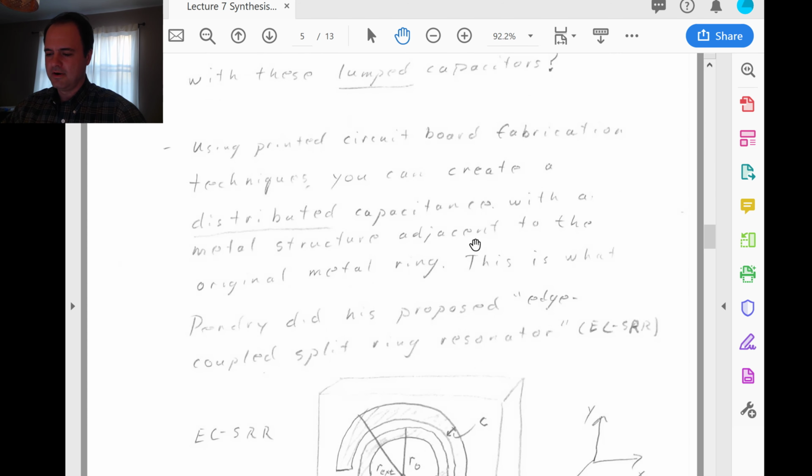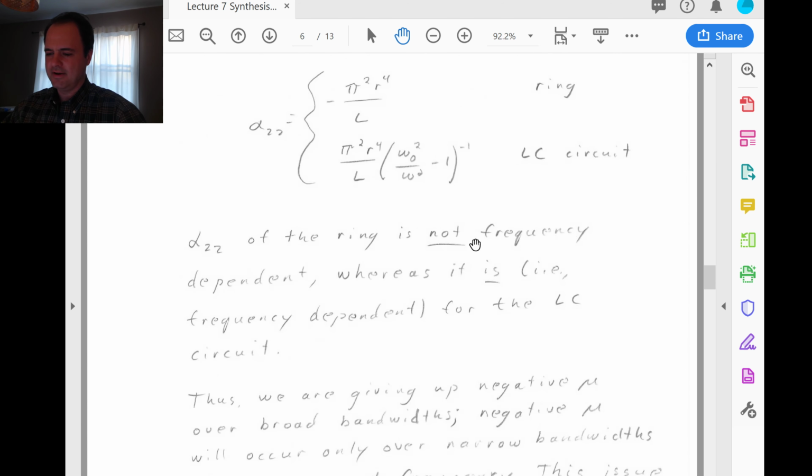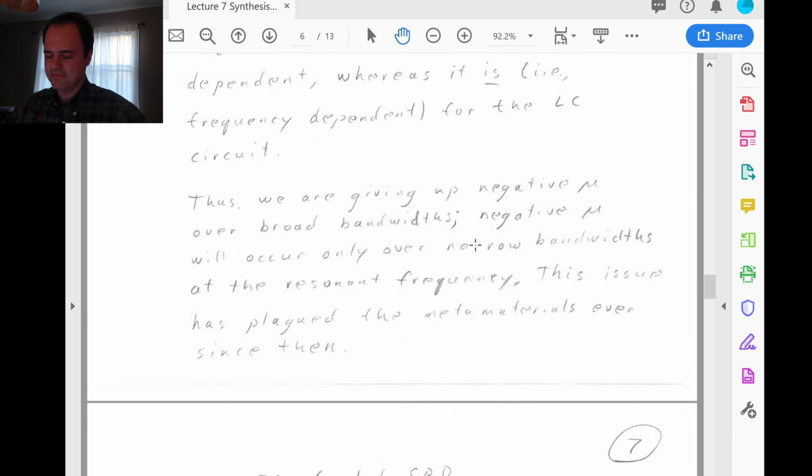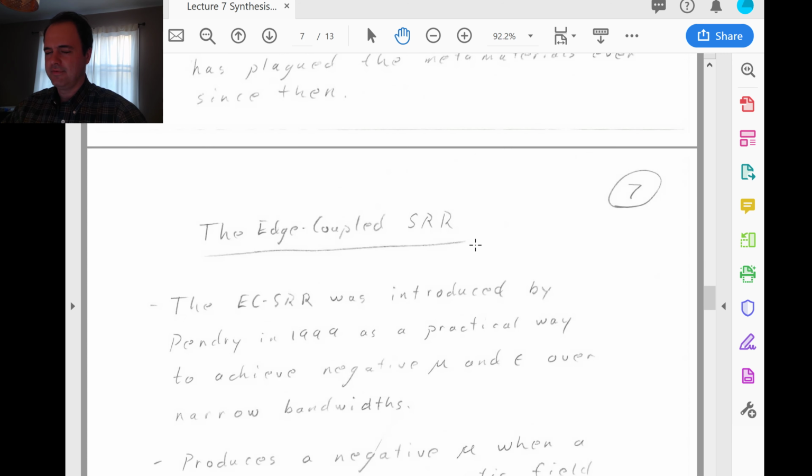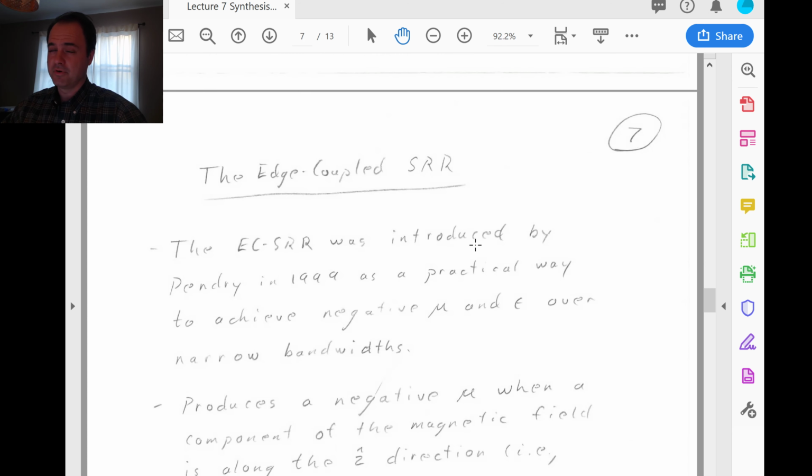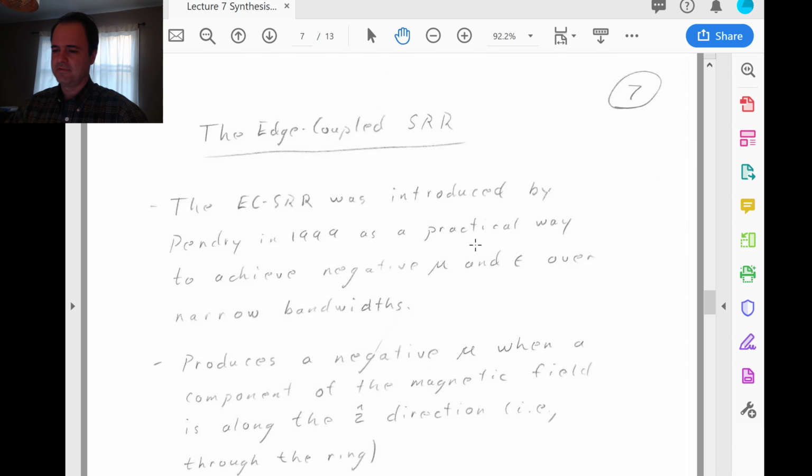So, for the sake of getting the negative mu, we have taken up dispersion, meaning frequency dependence. So let's now move forward with the edge-coupled SRR, EC-SRR. The EC-SRR was introduced by Pendry in 1999 as a practical way to achieve negative mu and epsilon over